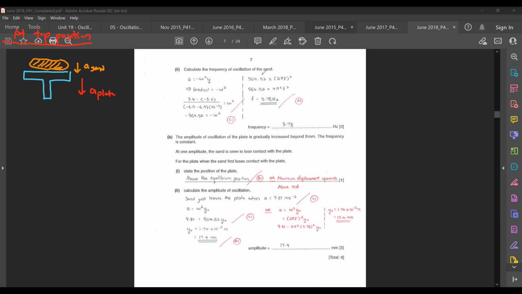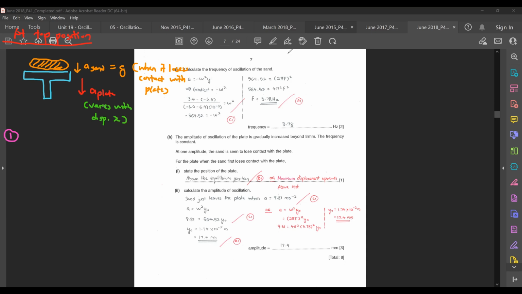So let's consider this. The acceleration of your sand will actually be equal to g when it loses contact with the plate. There are two objects here, the sand and the plate. For the sand itself, the acceleration down towards the equilibrium is equal to g when it loses contact with the plate, because at that time only the weight of the sand is acting. So the acceleration of the plate can actually vary. This acceleration of the plate varies with